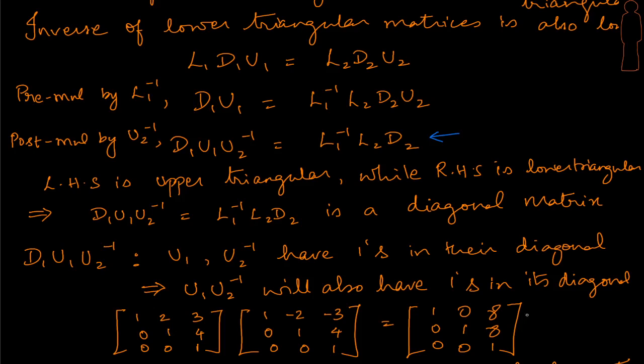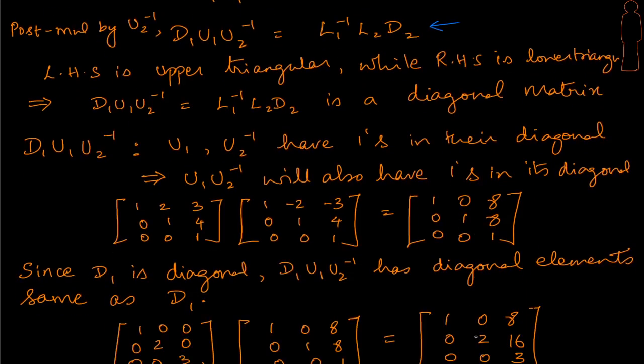Similarly, let's argue for the third column of the product. It comes from a linear combination of the three columns using the elements from the third column of the second matrix. So you will have minus 3 times the first column, 4 times the second column, 1 times the third column, and we know that these two elements will be 0 because it's an upper triangular matrix, and there won't be any contribution to the third element from the first column or the second column. What in effect has to come is only from the third column, and it will get multiplied only by a 1 here because the other upper triangular matrix has also got only ones in its main diagonal, and that makes the product also have ones on its main diagonal.